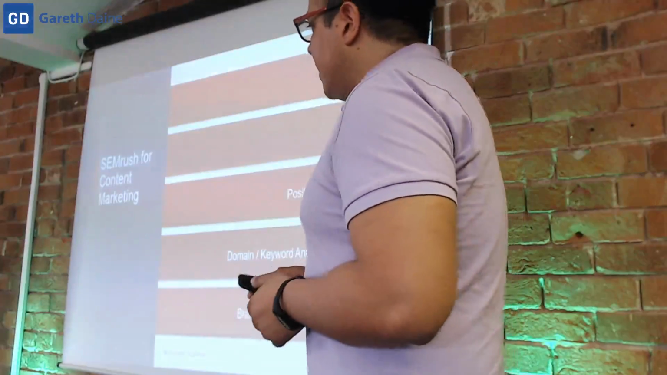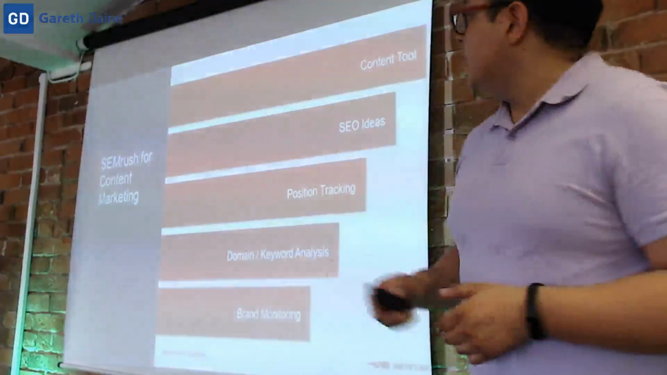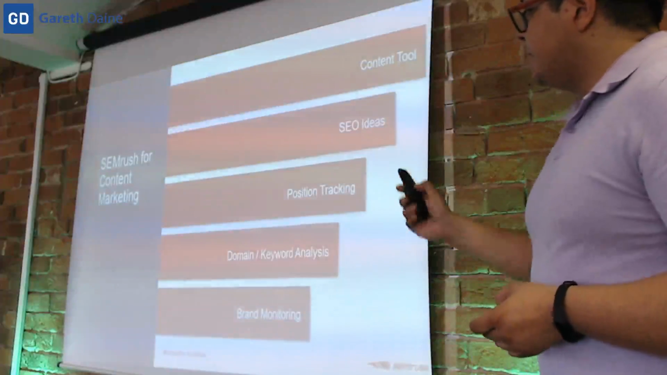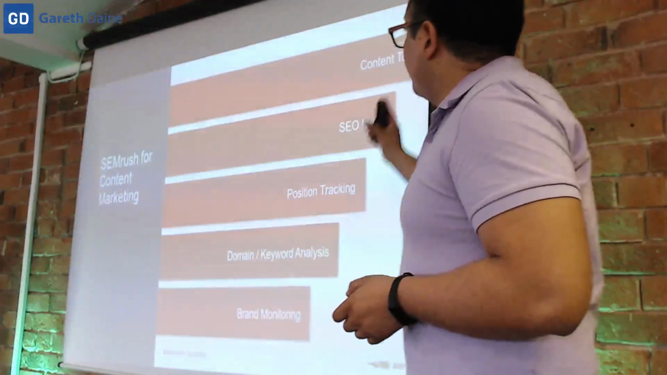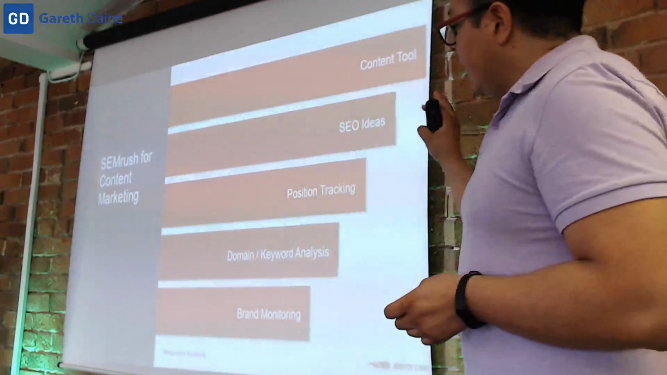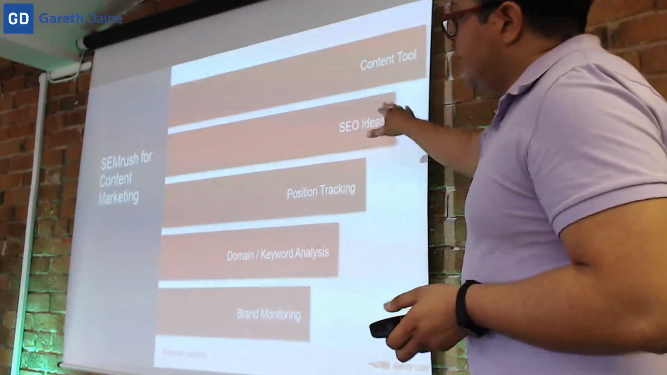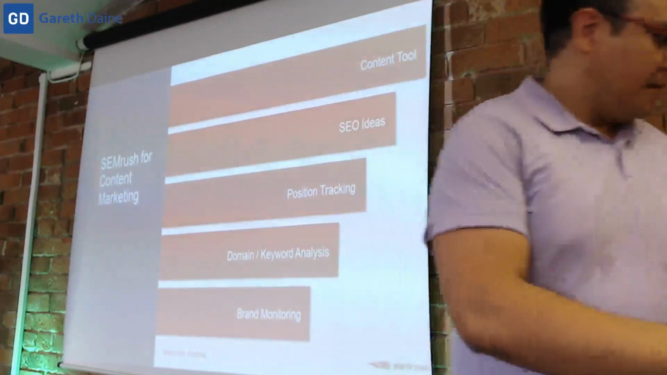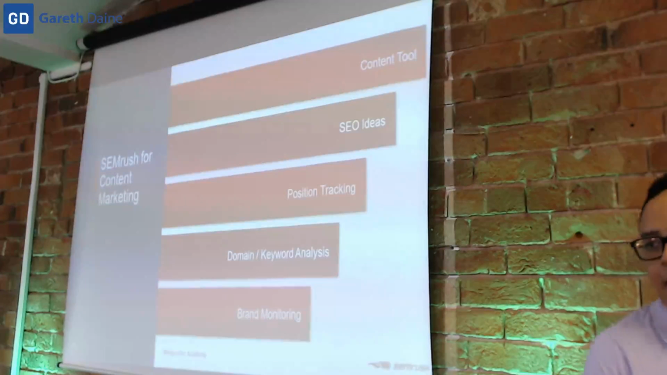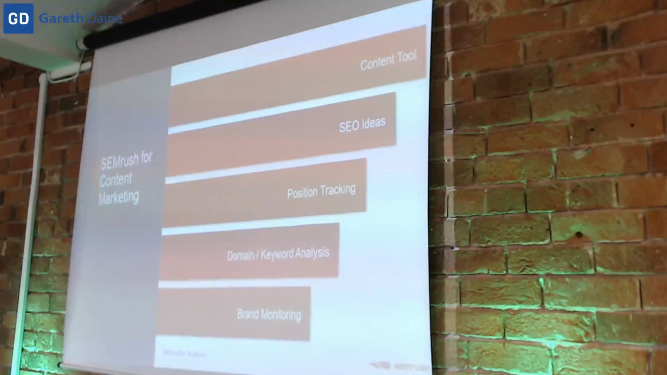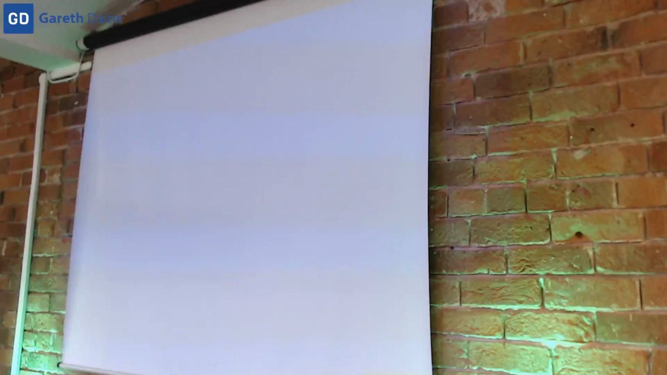SEMrush for content marketing. Let's take a look at these tools. Content tool, SEO ideas, position tracking, domain keyword analysis, and brand monitoring. We'll really take a look at the SEO content template. Let's take a look at SEO ideas. Because if you're working with content marketing, you need to have fresh ideas on every piece of content that you have created. For example,